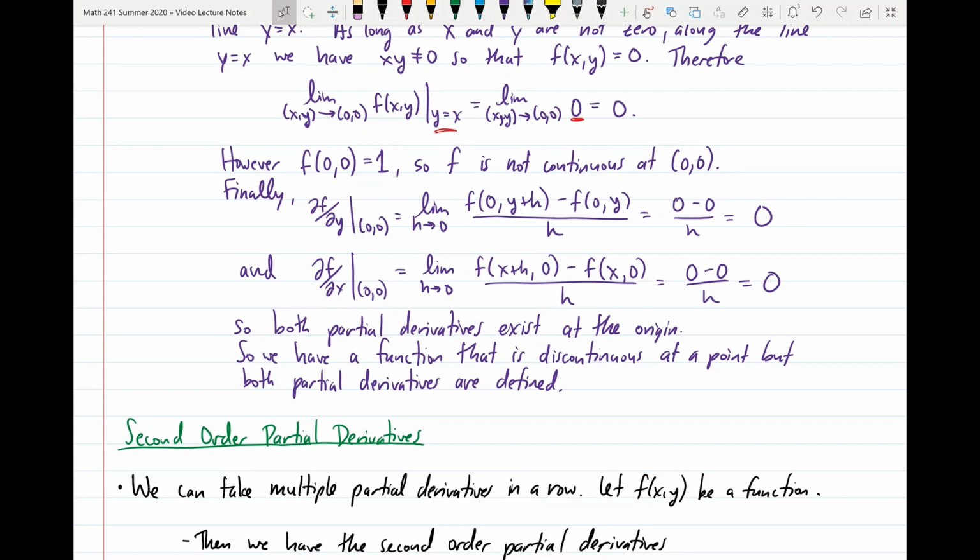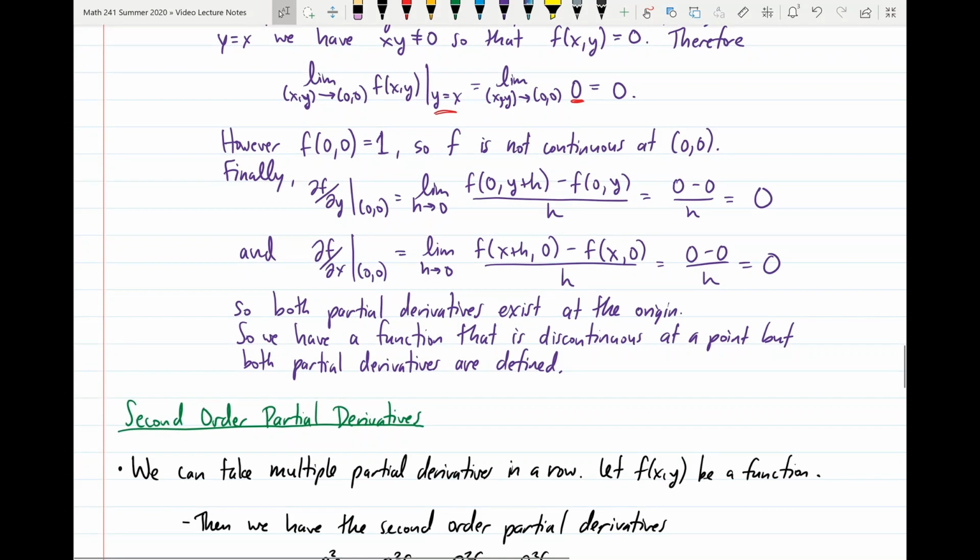And now finally, let's look at what happens to the partial derivatives at the point (0,0). So let's look at the partial derivative with respect to y at (0,0), and we're going to use the definition of the partial derivative. So we have the limit as h goes to 0 of f of 0, I think this actually should be a 0 plus h. So let me switch that here. So we have 0 plus h minus f of 0,0,